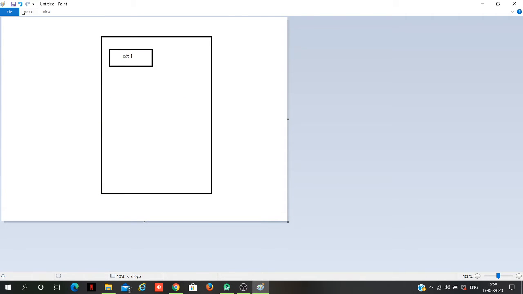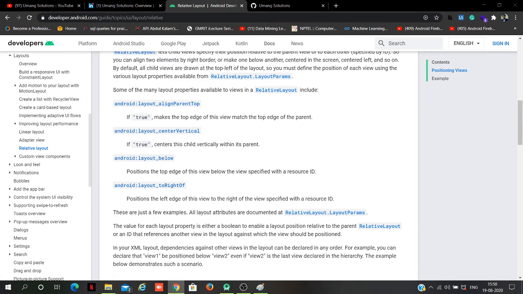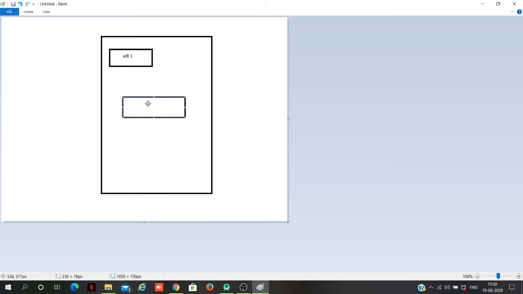Now assume this is my edit text 2, and I am giving it the property layout to right of. It will align the left edge, as I explained at the start of the video, the left edge or the start edge, to the right of the view whose resource ID I have given.